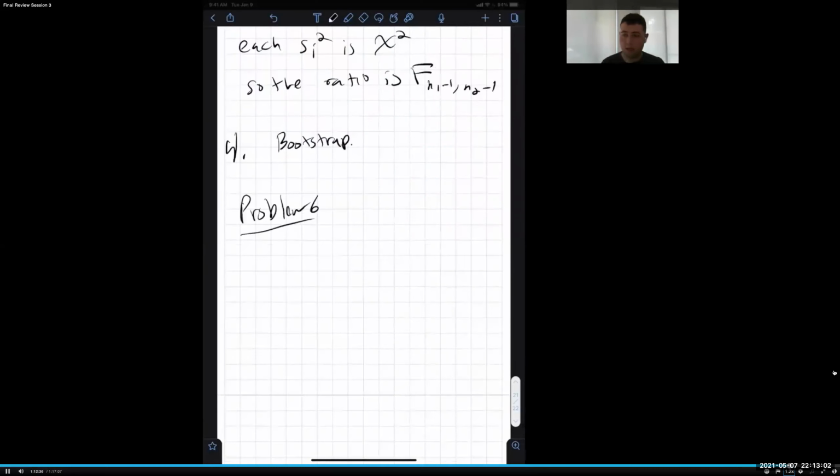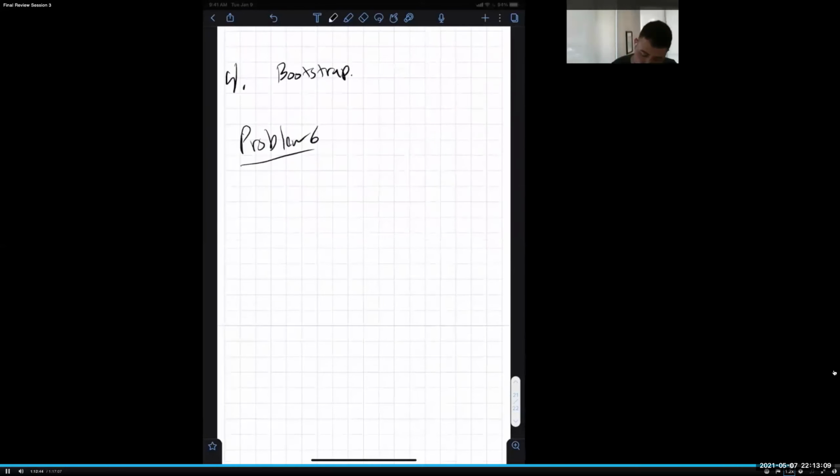So for problem 6, when we have a linear regression, we're generally going to assume that the model is, at least in one dimension, beta naught plus beta 1 x_i plus some epsilon_i noise. And this is not really essential for least squares to be done. However, this is kind of when we do it. You can do least squares on anything, but if we take a look at each of the plots here,